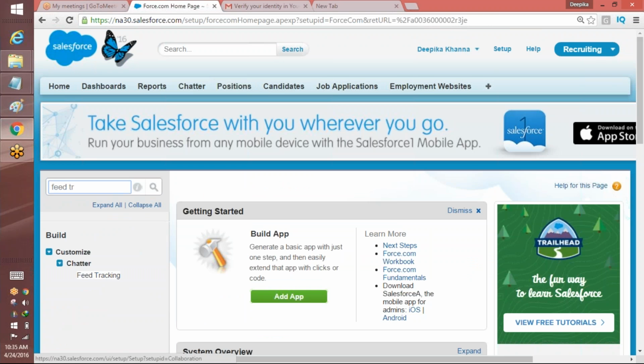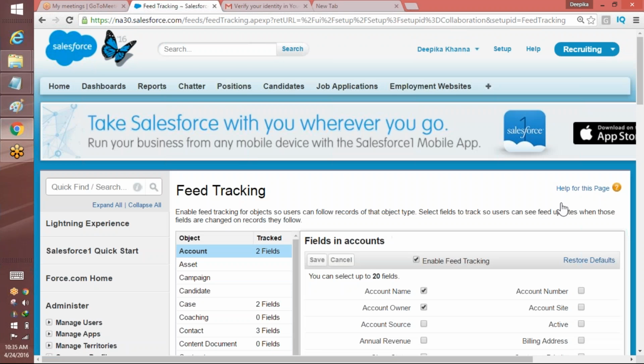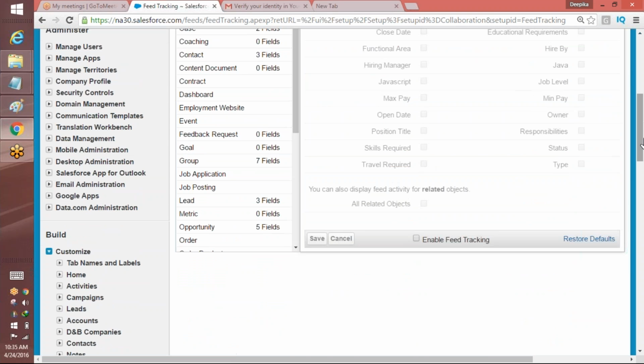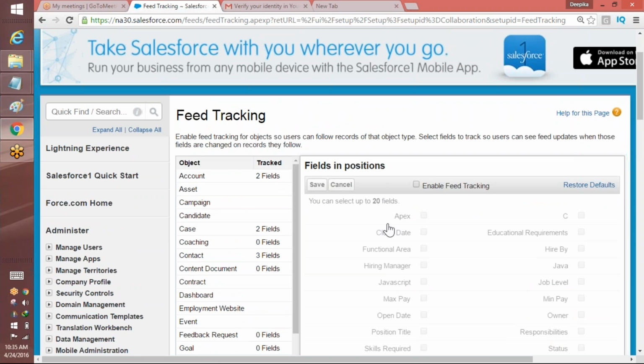Okay. So there is a feature available in Chatter called feed tracking, which is very similar to doing the tracking of a particular feed. So first thing is, if you go to the position and if you wanted to follow